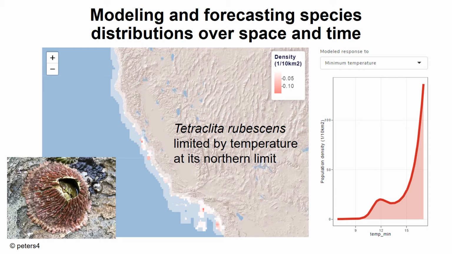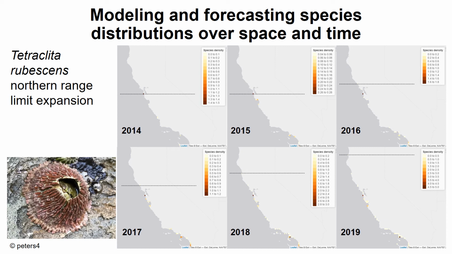Leveraging these approaches has enabled us to build models estimating the density of a subset of species across the California coast and their relationships with underlying environmental gradients in both space and time. In this example here, a model integrating iNaturalist observations with multi-agency rocky intertidal network surveys shows that the pink volcano barnacle is found in higher densities in warmer waters and is therefore limited by minimum sea surface temperature at its northern range limit. As a result, this model also estimates that in recent years, the species has experienced a northward shift in its northern range limit on the California coast as a result of warming temperatures.